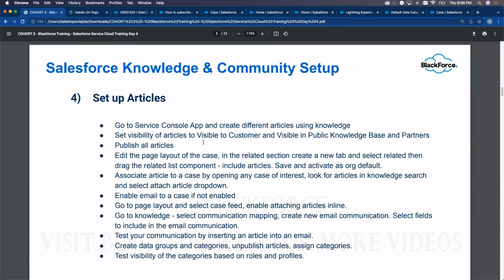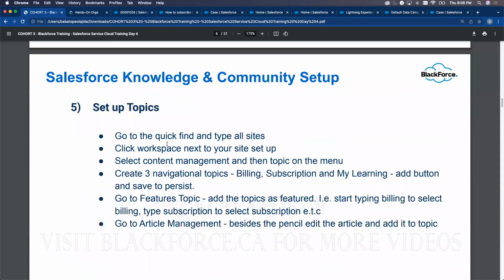Okay. We want to build our site, and that requires us to use topics. Topics, you can use your topics and articles. You can use topics to merge articles, and you can communicate whatever articles you have in your internal website, internal application to the community site. Okay. So now that I have this, I go to my